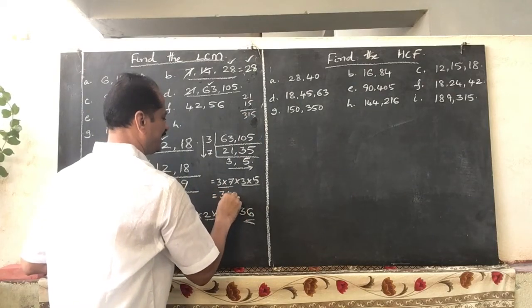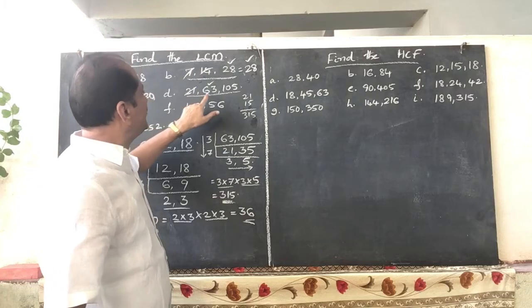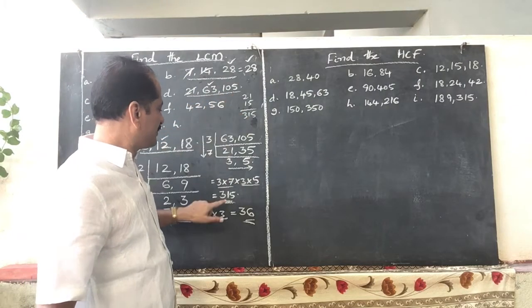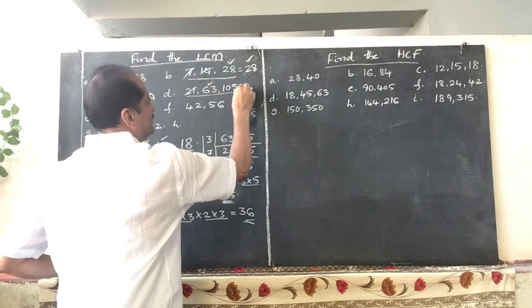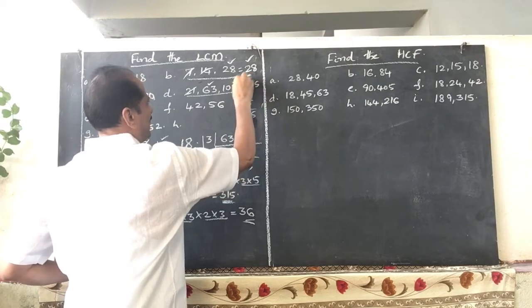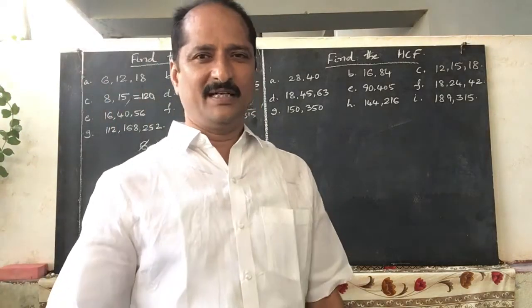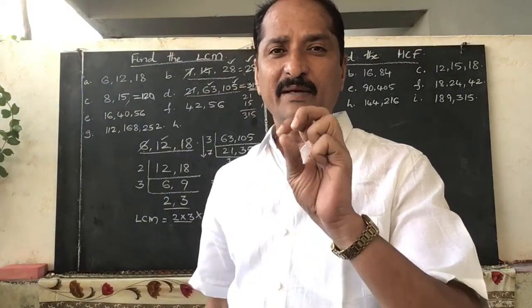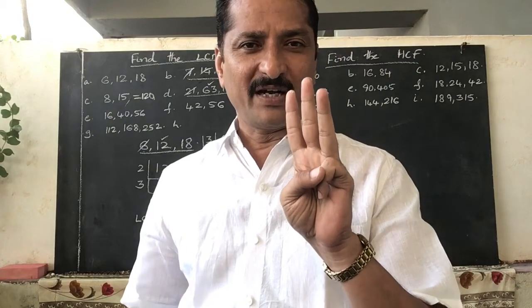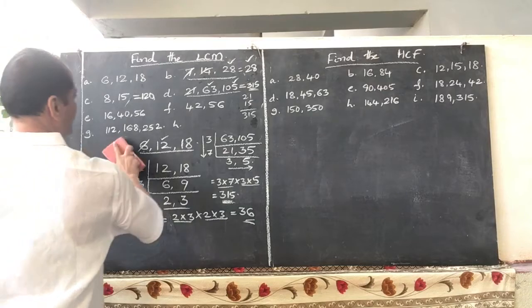So the LCM of 21, 63 and 105 is equal to 315. Yes, it is greater than the greatest number, that is 105. So our step is correct. Understand? So these three properties you can remember carefully while finding the LCM. So next, in the next one,